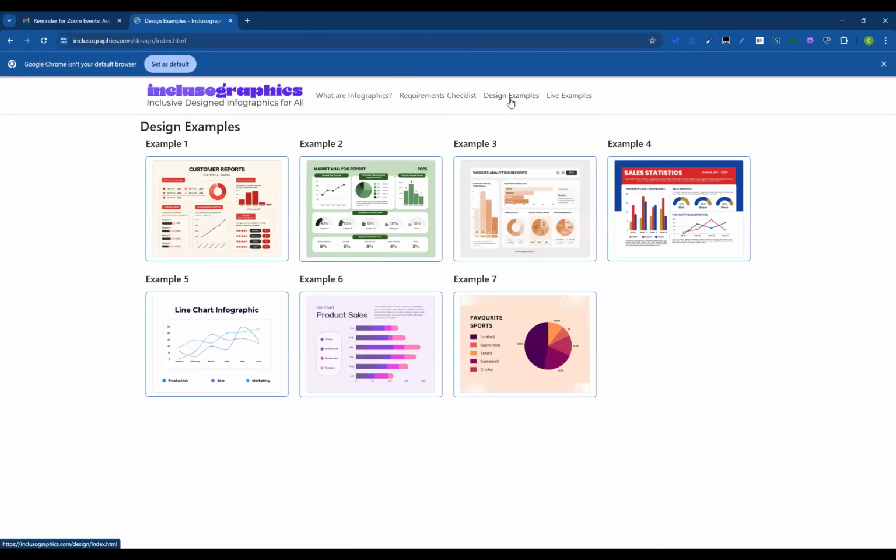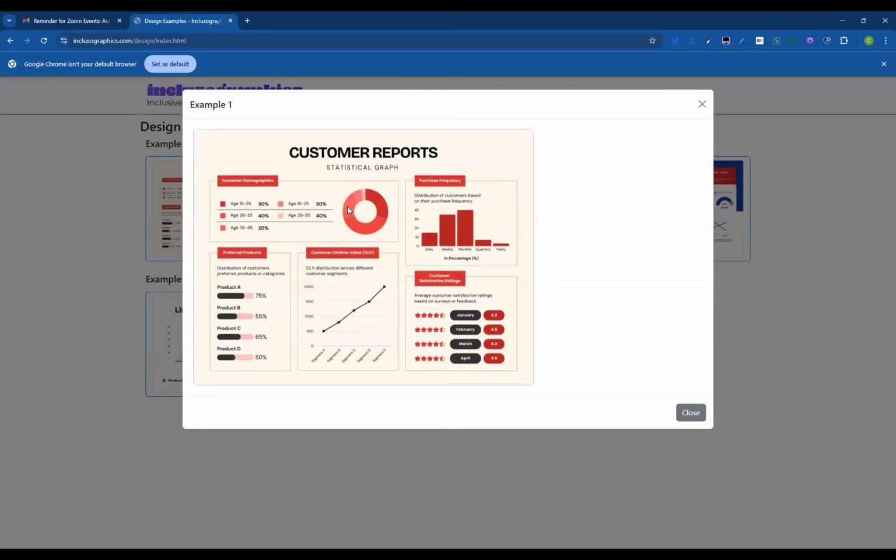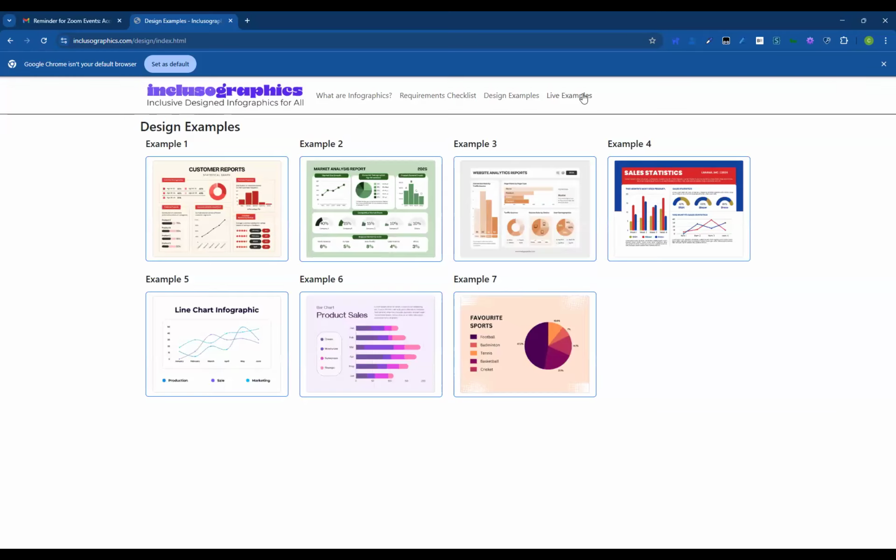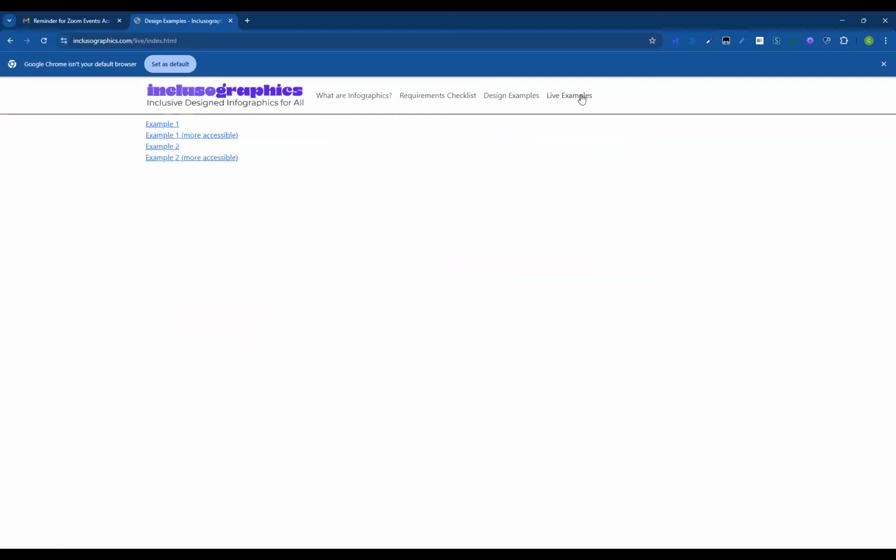Here's the design examples, so you can see the versions. You can use your favorites that do all the color stuff here if you want to for grayscale. And let's go over to the live examples. I got really fancy with this page, right? As you can tell, that's not the point of what we're doing here. Now, I'll probably make it look like the design examples at some point, but that's not what I'm worried about.